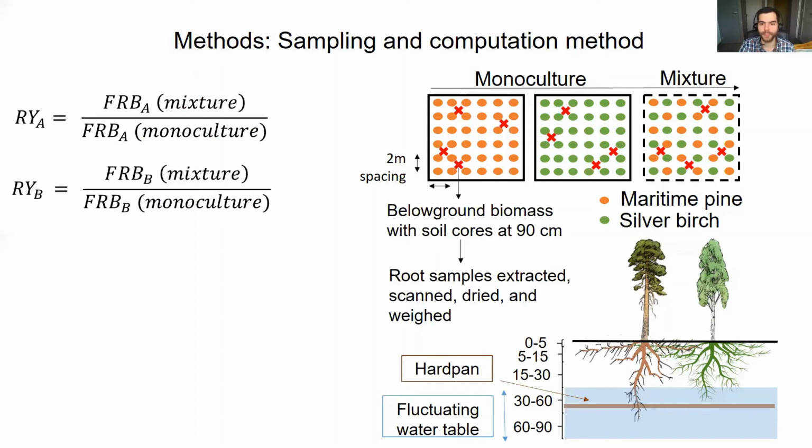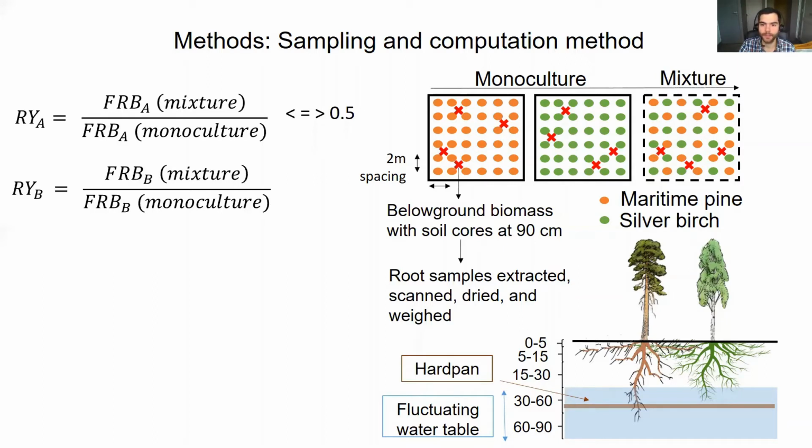In order to assess the direction of diversity effects, we chose to work with the relative yield metric, which is calculated for each component species and is the observed yield of species A in mixture divided by the mean yield of species A in monoculture. Values below 0.5, equal to 0.5, or above 0.5 indicate negative, neutral, or positive mixture effects.